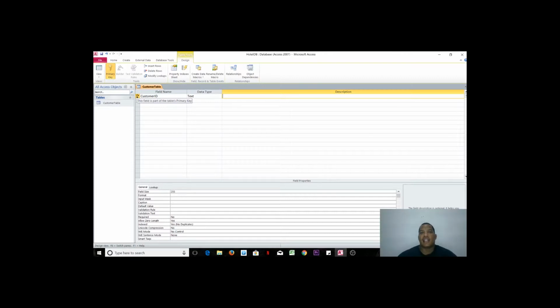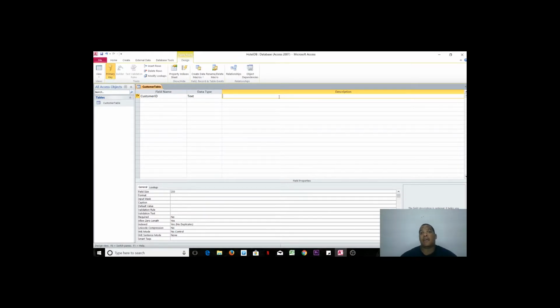This is our unique identifier, so we're saying each customer will have a unique customer ID. If the key was not there, we could have always right-clicked and chosen primary key. Right? So that is what we're doing. So data type will be of type text, and description is whatever description you want to put for the field